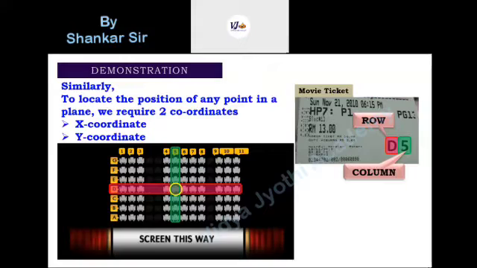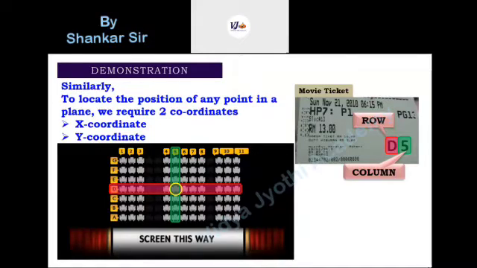And a similar activity is there in 3.1, the first exercise. In the first question, we have to locate the table lamp. Then the second question is the position of the table lamp. That is an activity you can do: just keep a table lamp on your table and locate it by taking rows and columns, the number of rows and number of columns. So you can easily identify where the table lamp is located on your table.